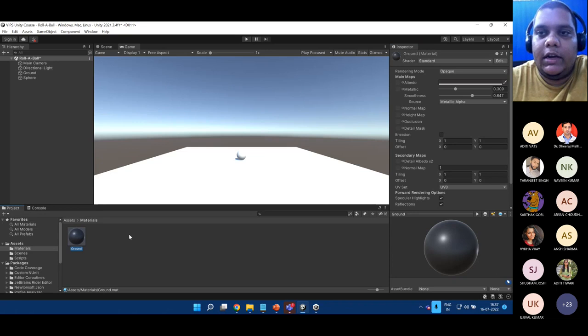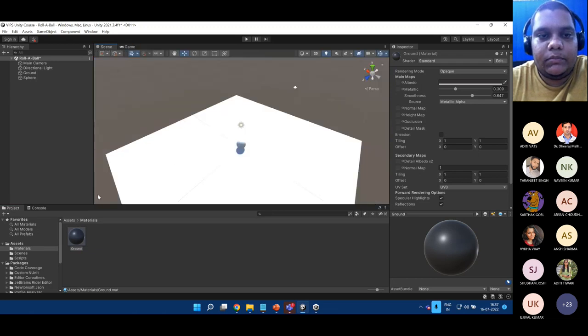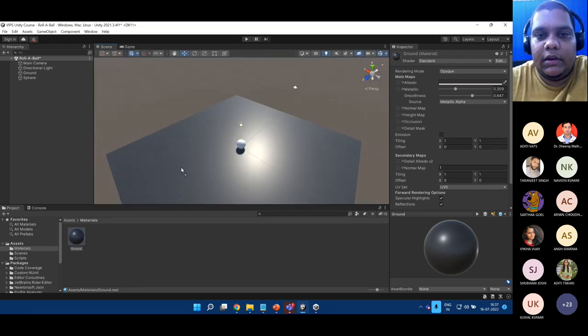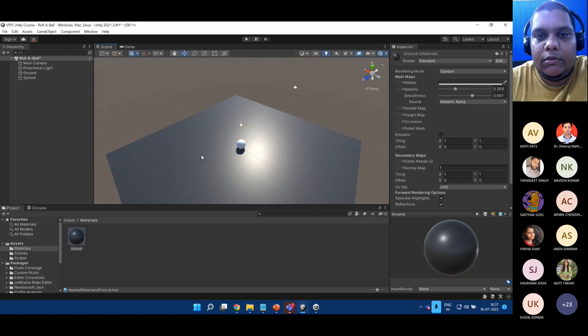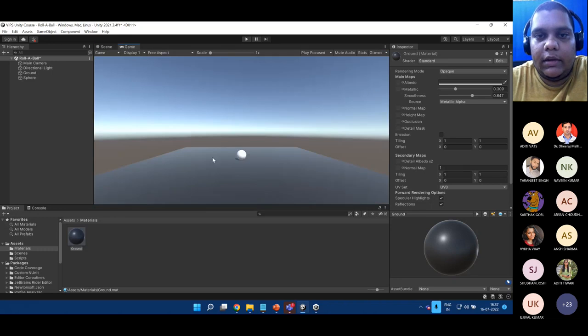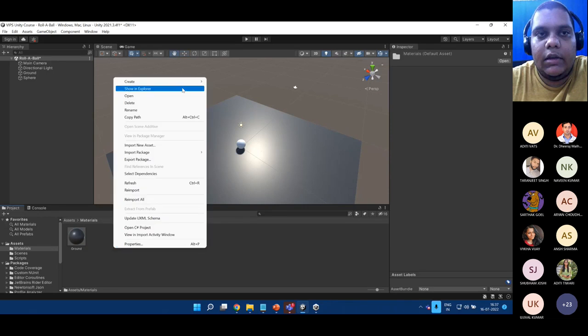Now how do I apply it? There are a few different ways of applying it, like we talked about before. One is that I can pick it up and drop it here in the scene view. One is I can drop it on the ground here. The easiest way to do this is just dropping it here. So now this is what it looks like. Looks okay. And next we'll create a